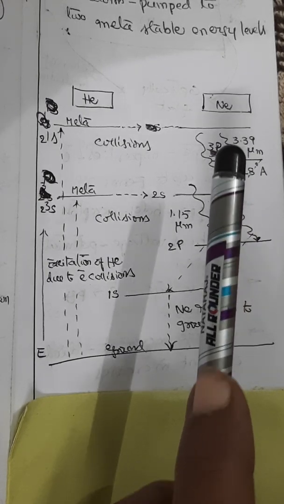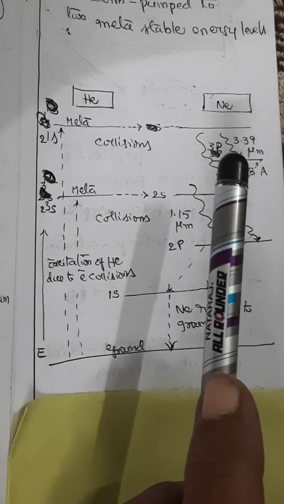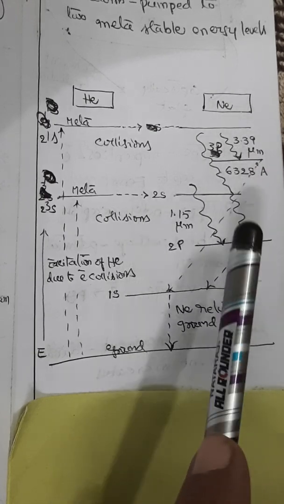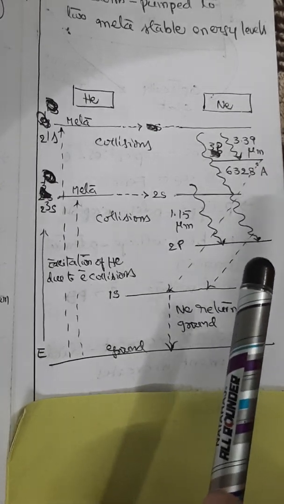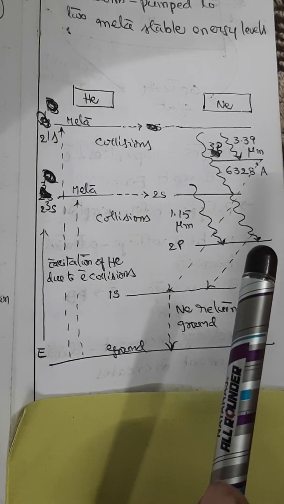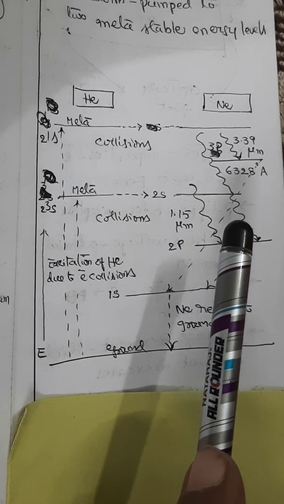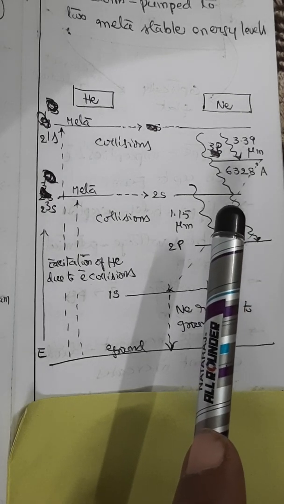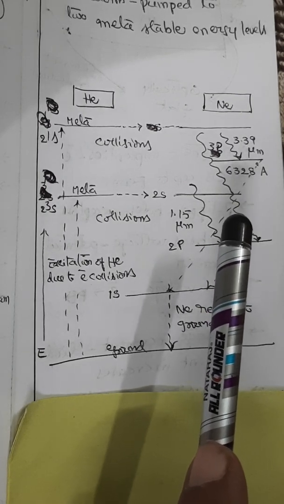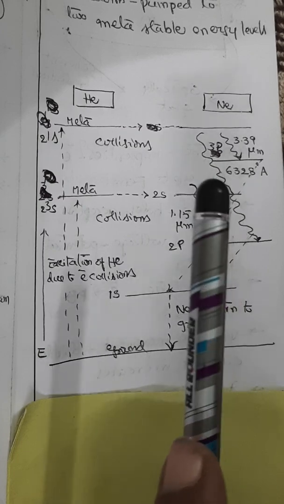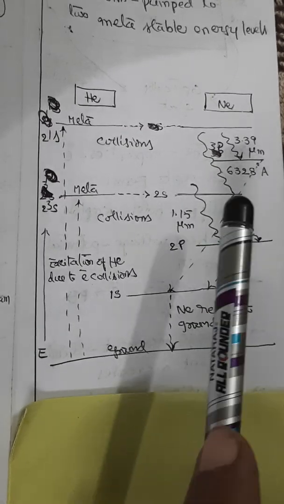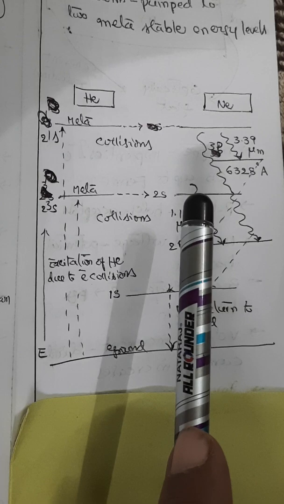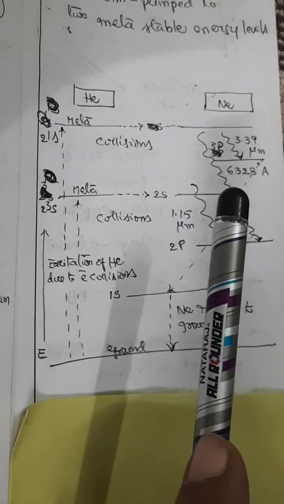The atoms in the 3p and 2p levels undergo spontaneous transition to the 1s level. This is a metastable state. That is what we need to understand: 3s and 2s levels are not metastable states. The photons emitted by the atoms coming down from 3p or 2p level to 1s are likely to excite the 1s atoms back to 3p or 2p levels.